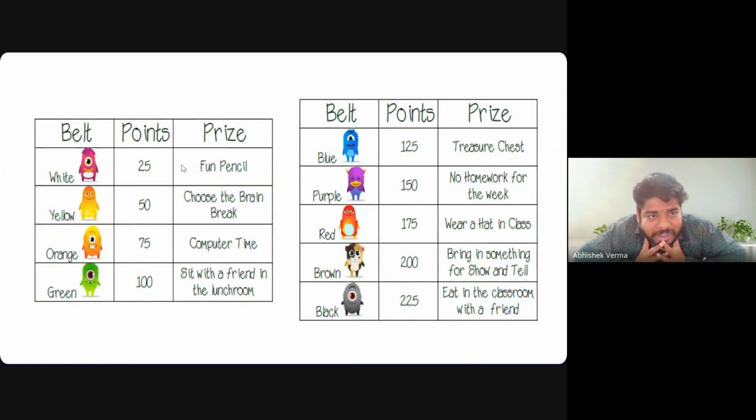Here on the screen, like belt, point, and prize. If any student gets 25 points, we give the prize of a fun pencil. If a student gets 50 points, they choose a brain break. If a student gets 75 points, the teacher gives computer time. That means a student is given 20 or 30 minutes to go to the computer and enjoy any game or activity. And if a student gets 100 points, then sit with a friend in the lunchroom. They see that type of prize. With this type of prize, students are highly engaged every time. And the other side is also 125, 150, 175, 200 and 225. All these prizes are related to the students, and the students also want to do all that. So if you use that type of prize,